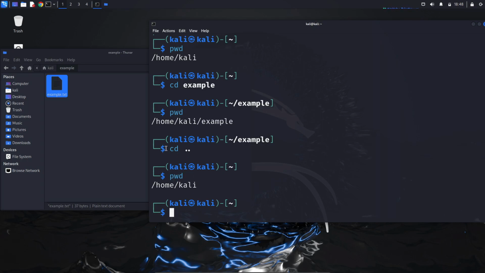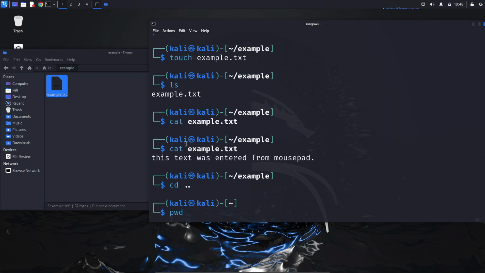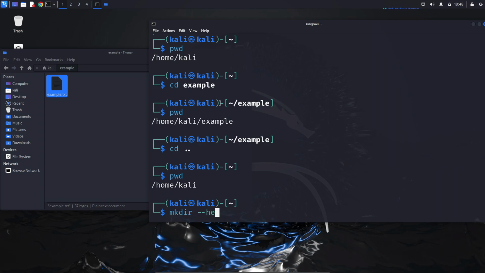Now some commands have additional parameters. So let's say, for example, the mkdir command didn't work by itself, as we see. It told us, okay, we need some essential operands after this. So it tells us, okay, use mkdir --help. Now this --help is known as a flag. A flag is just an optional argument that you can provide along with the command. So if we use this same thing which is given here, mkdir --help, this help is a flag for the